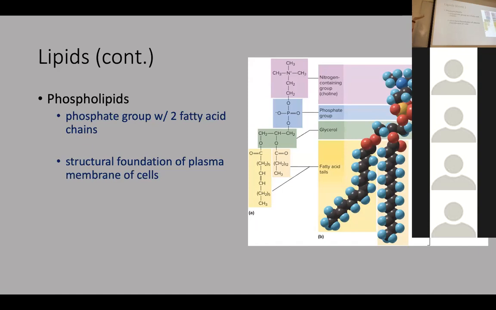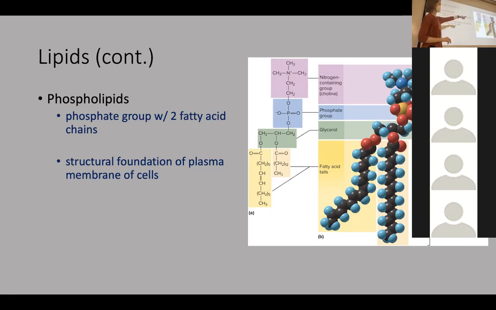They're also kind of similar to triglycerides, except rather than having 3 fatty acid chains coming off of the glycerol backbone, there's only 2. So here you have a fatty acid chain. This is our glycerol backbone, 3 carbons. And then there's also the phosphate group, which makes it a phospholipid. So you have this phosphate group at the top above the glycerol backbone. So glycerol backbone, phosphate group, and then you have the 2 fatty acid chains coming off the bottom.